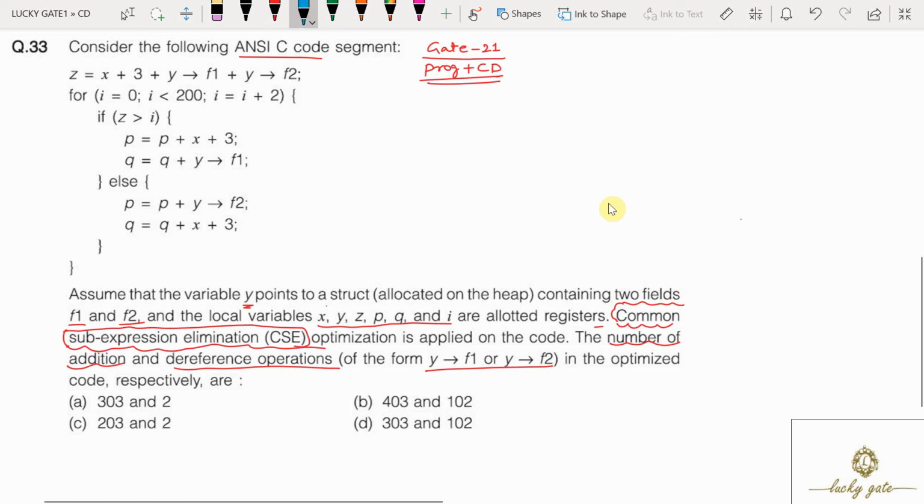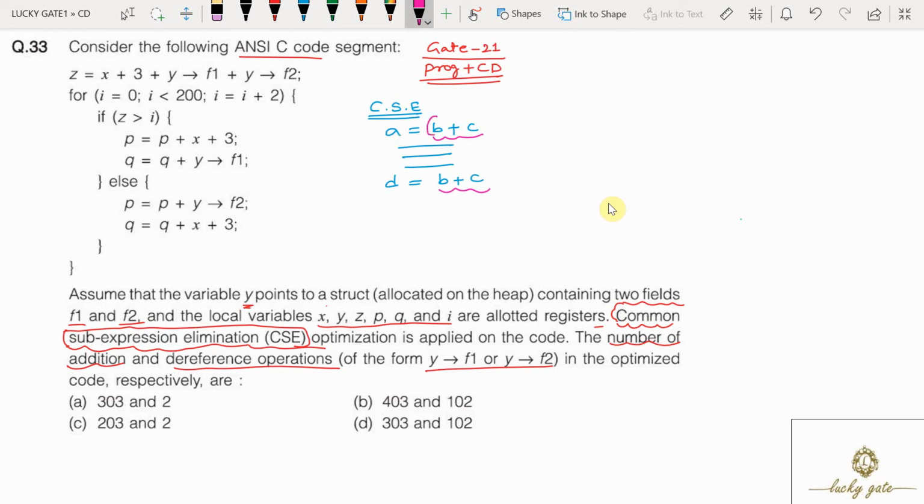First, we need to understand what is meant by common subexpression elimination. Suppose I have a statement a = b + c. After that we have a certain number of statements. Then we have one more statement, d = b + c. In both places it is a common subexpression only if b + c was computed previously and the variables in the expression, either b or c, are not modified since its computation at any point in the statements. Here we call it a common subexpression.